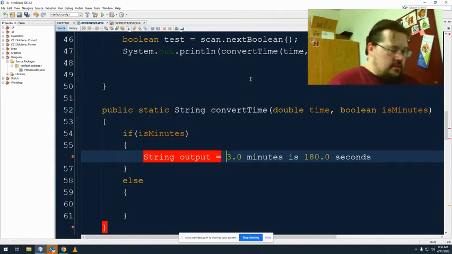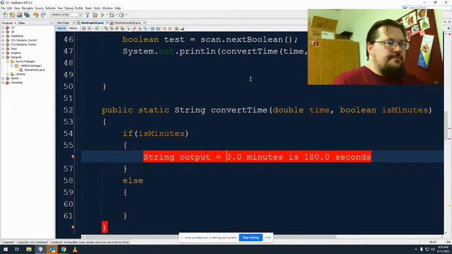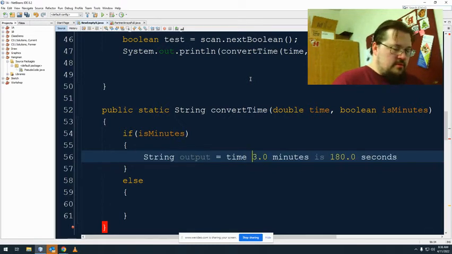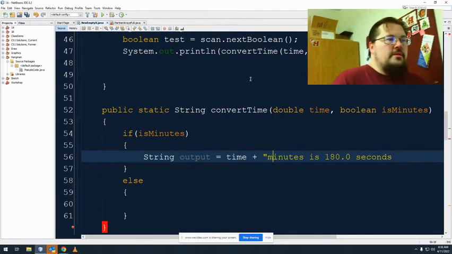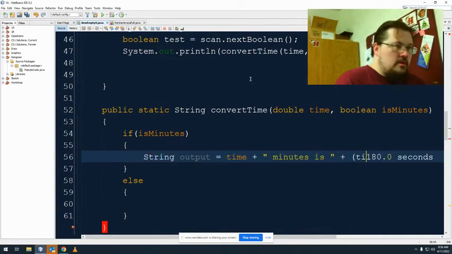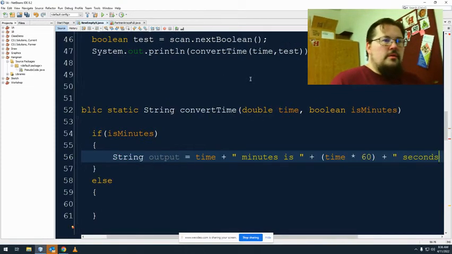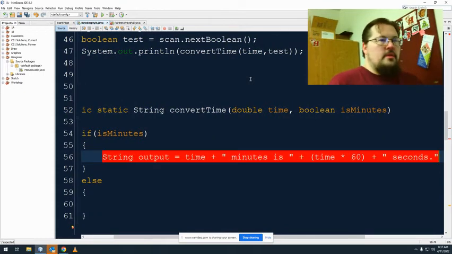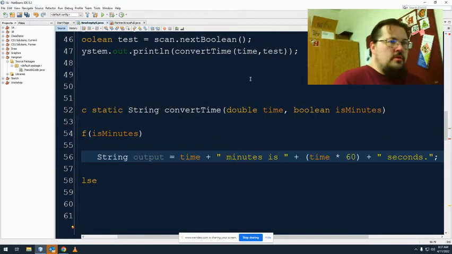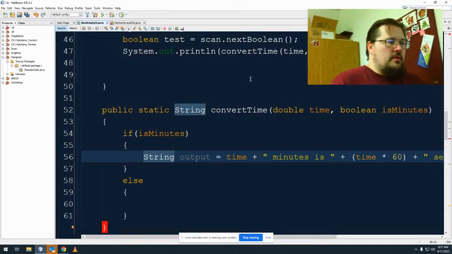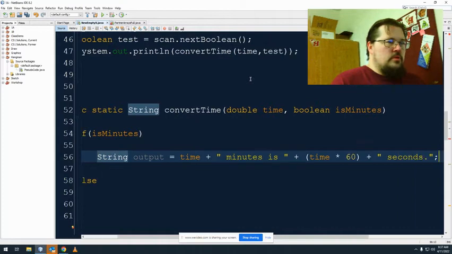So string output is time, minutes is, space, times 60, seconds. Okay. And then